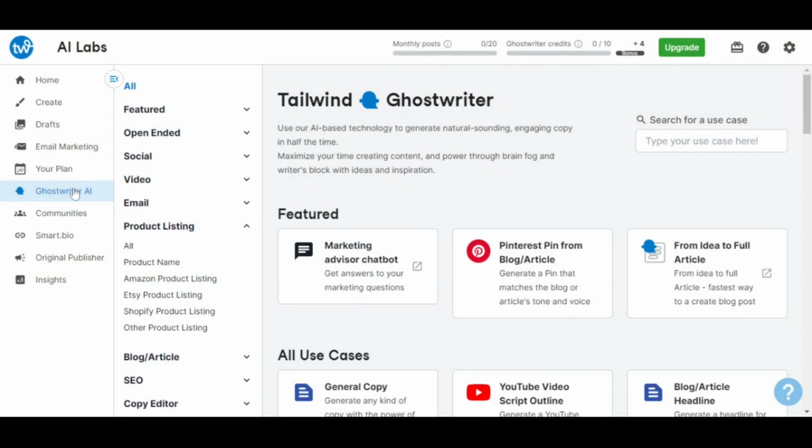Are you tired of spending a long time writing good product descriptions for your e-commerce stores? Well, now you don't have to worry anymore. With Tailwind Ghostwriter AI, you can quickly write amazing and engaging descriptions for your products that will help you sell more. You can start writing product descriptions with Tailwind Ghostwriter AI by selecting the required tool from the product listing